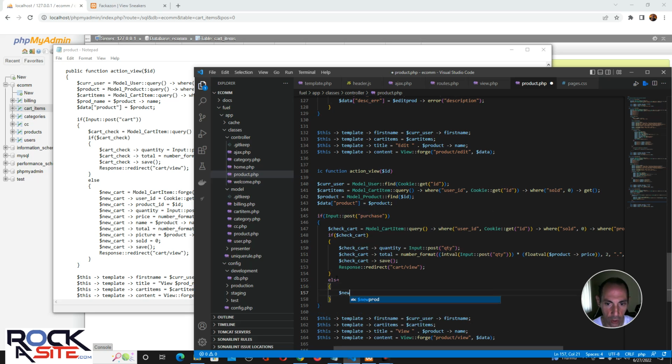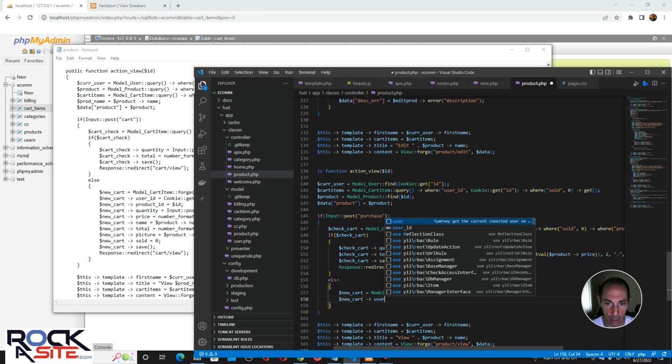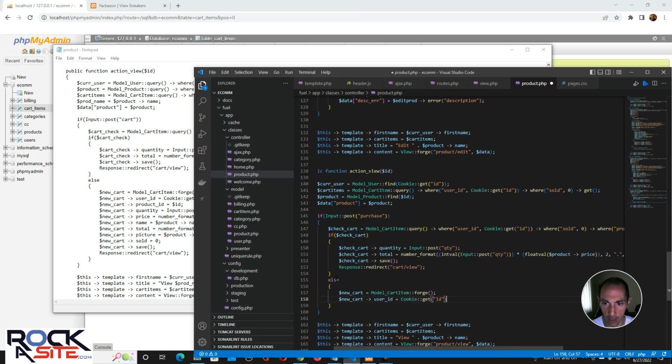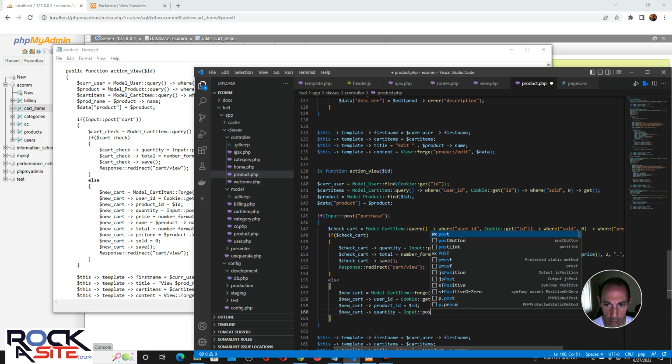And that would be new cart equals model cart item, forge. Almost forgot for a second, and then new cart, and we'll just populate this table. User ID equals cookie get ID. Just double checking because I want to make sure that I have the right order. ID, new cart, quantity equals input post quantity,